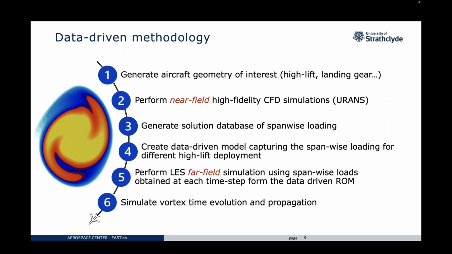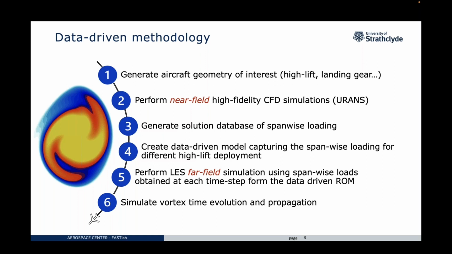So our new methodology, I've got the steps here, but this can work for any aircraft geometry of interest. Specifically in this case, we're talking about continuously variable geometries that deploy in time, such as high lift devices, landing gear, control surfaces, but it can also be applied to stationary surfaces the same. So what we first do is we discretize the geometry. For deployable surfaces, we essentially assign discrete deployment levels and then generate meshes for simulation in the near field region